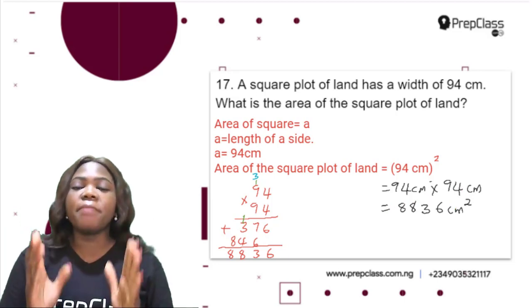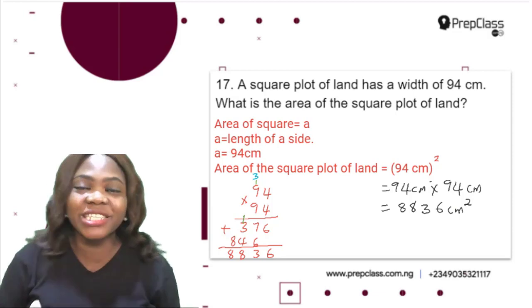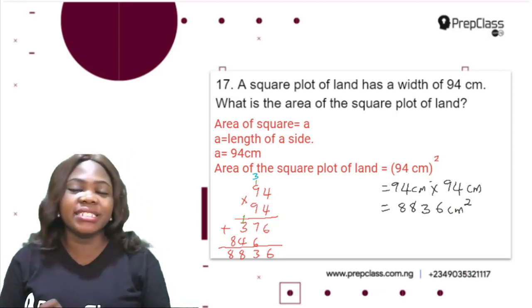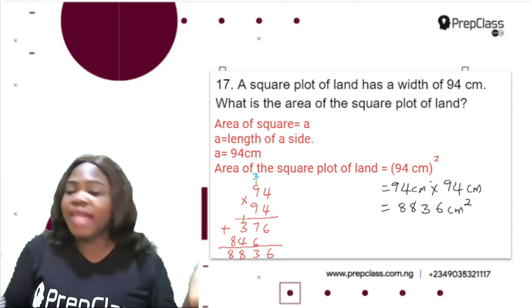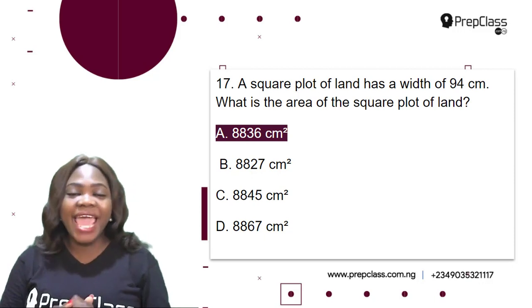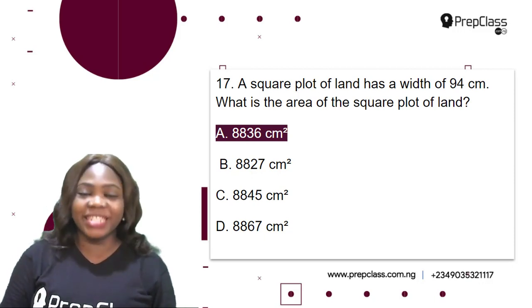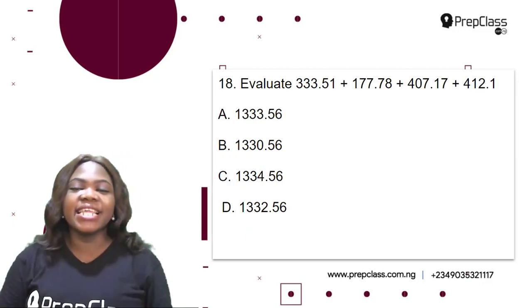So the area of the square plot of land is 8,836 centimeters squared. So you can see that this is very easy. Just square the length of one side of the square. That's all. Now the correct option here is A, 8,836 centimeters squared. Check. Now question 18. Evaluate